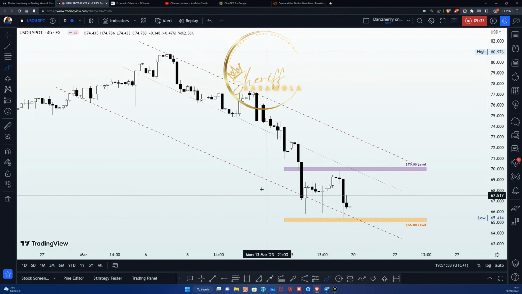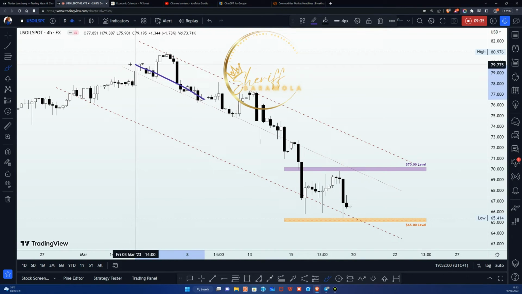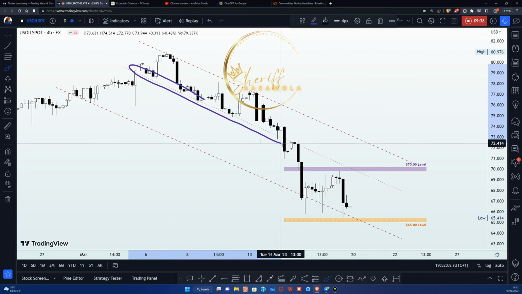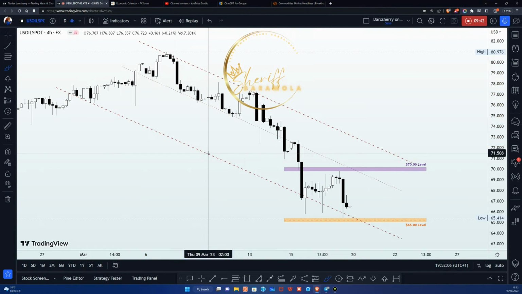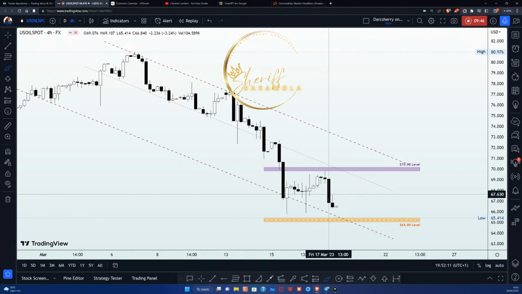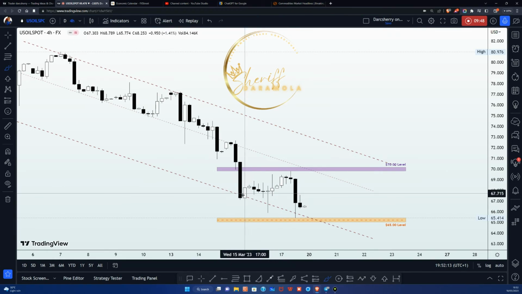Now, in addition to that descending channel, I was able to also identify a trend line here, which happens to demarcate the upper part from the lower part of the channel. But that is not what we are going to be focusing on this week. But this current structure here, since the mid